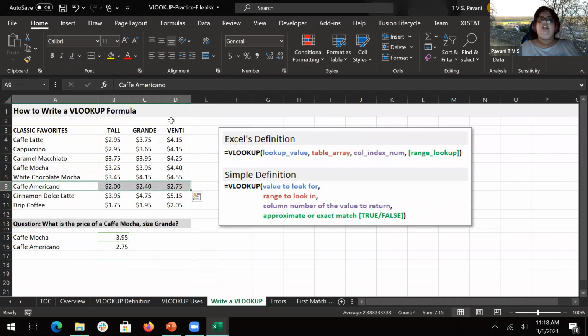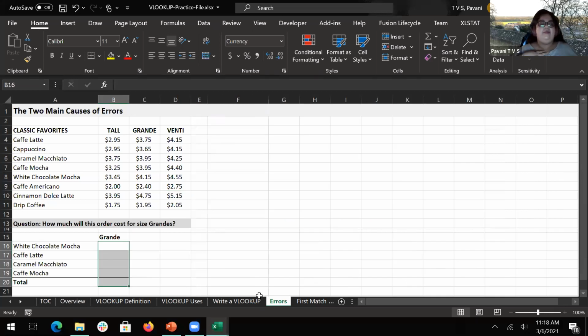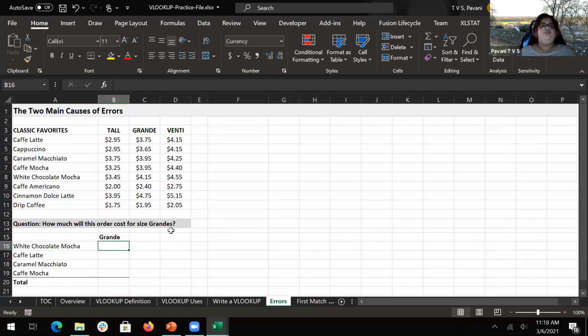So you guys understood how I'm checking that value, how this VLOOKUP works. Guys, any response? Yeah, we are here. Yes, yes. Excel is a life-saving skill. Yeah. I hope I'm able to give that information. So here they are saying order size cost of grandes, they want all of these particular values in one shot.